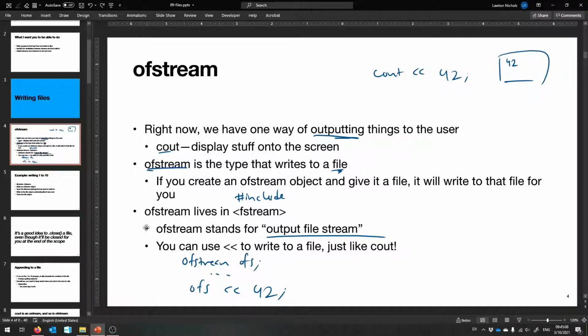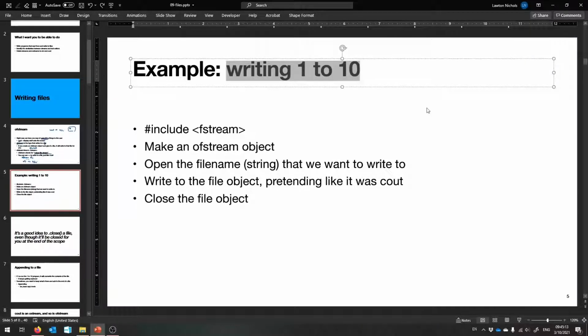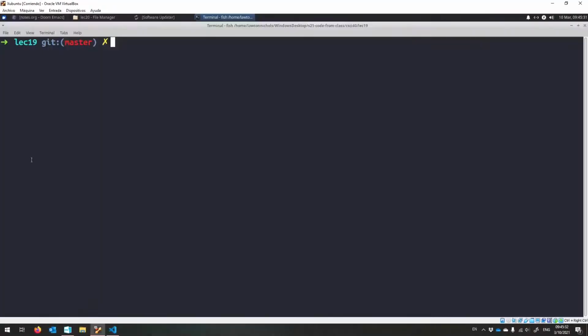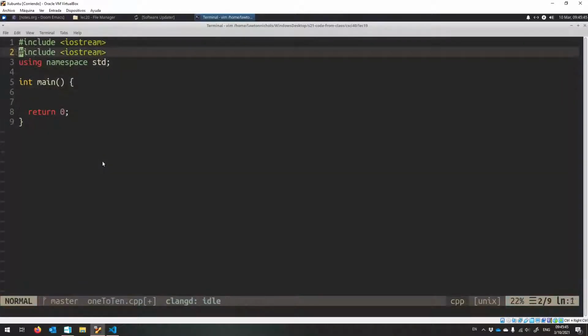Are you ready? So, yeah, here we go. Let us write the numbers 1 to 10 to a file. Okay, so like, I don't know, 1to10.txt is going to hold the numbers 1, 2, 3, 4, all the way down to 10. That's what we would like to do right now. So we're going to include the fstream header first of all, and we'll go from there. Okay, so I'm in the Lecture 19 folder. Let's edit a file called, I don't know, 1to10.cpp. So we're going to include fstream,